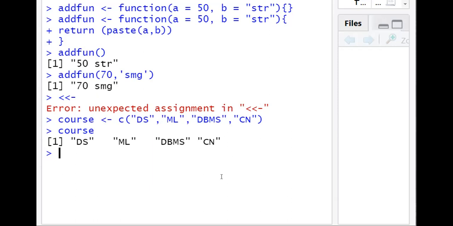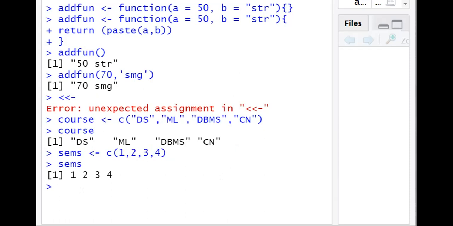We can create a vector of numerical values also. Numerical values will appear without quotes. So we have a vector.